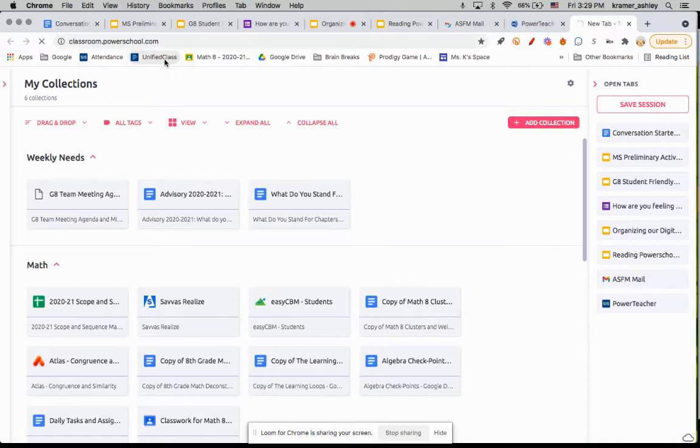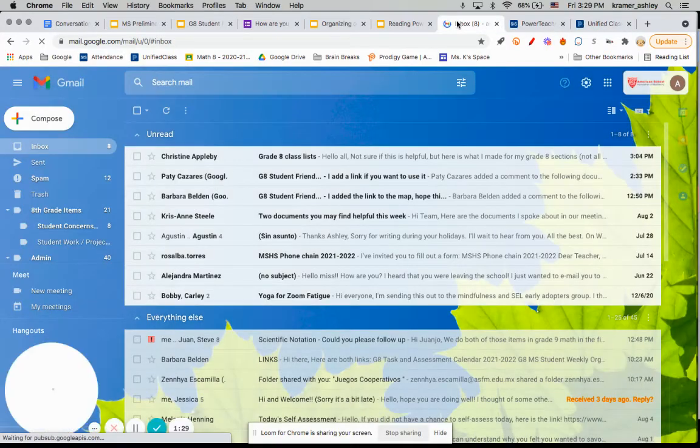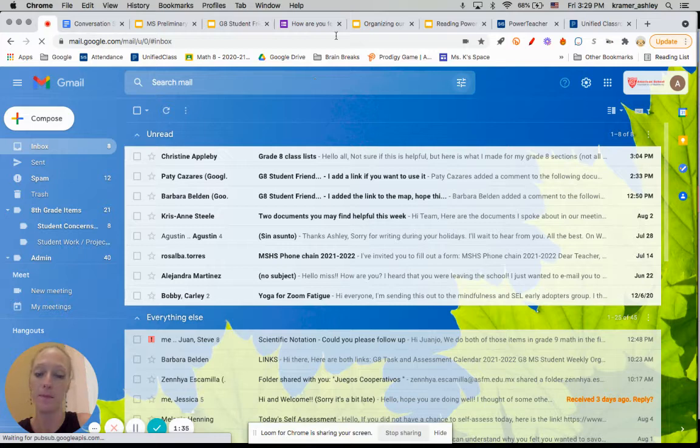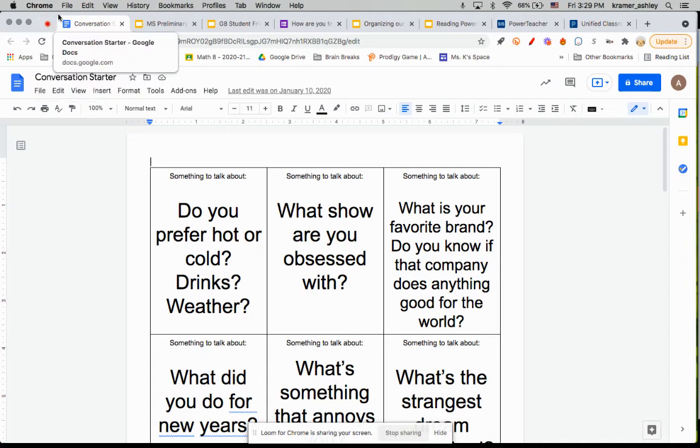You learned from Mr. Belden in the previous tasks about putting these on your bookmark bar, but there's also the option to pin these tabs. So if I open a tab and I want to make sure that it's kind of first in my list, I'm going to right click and I'm going to click on pin. Right? And as you notice, what that has done is it has moved it over to the front of my